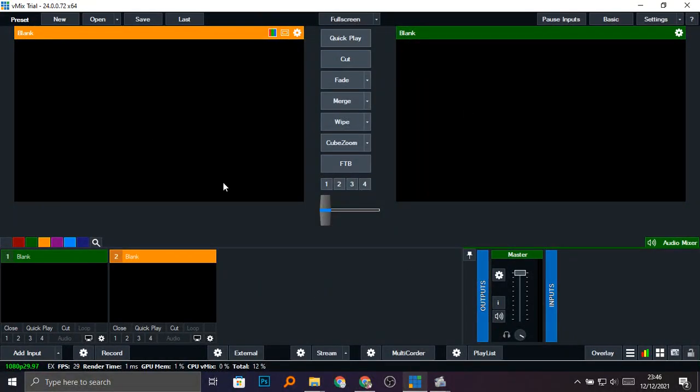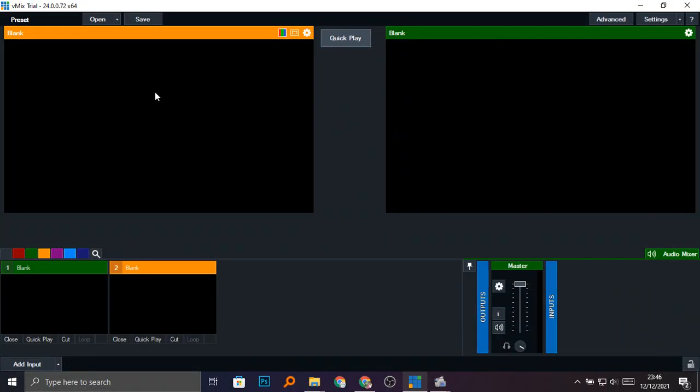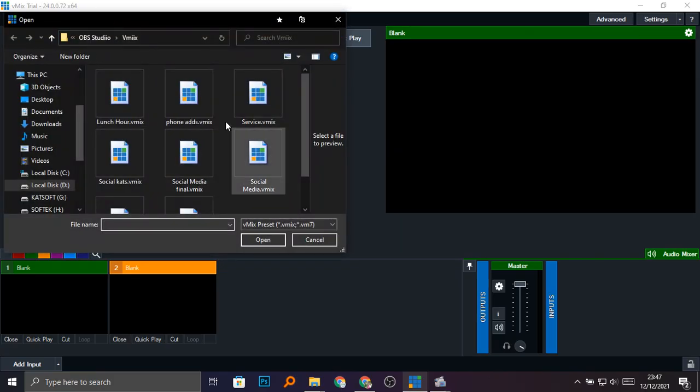So this is your Vmix. Sometimes it is in basic format, such that you don't have a lot of things to toggle. You just have the basics only. So let me start with the basics only. For the basics, one, you have the open, whereby you open what you already have, and you save. You'll be saving